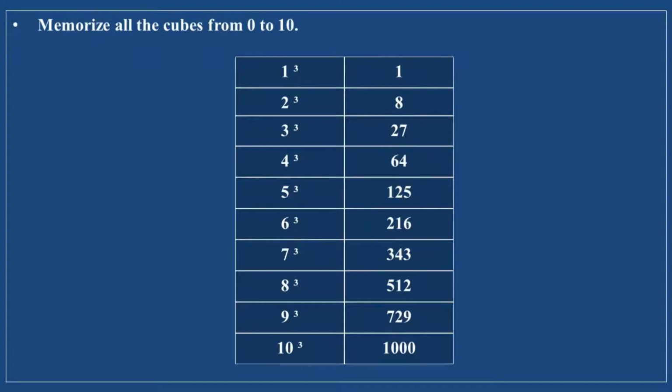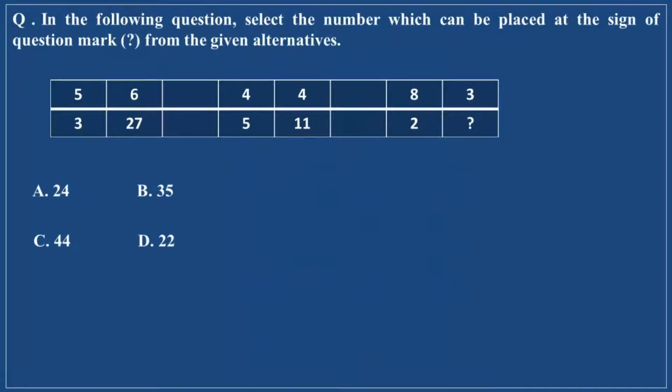Let's solve some problems. In the following question, select the number which can be placed at the sign of question mark from the given alternatives. There are 3 matrices given in the question. We need to find the missing number in the third matrix. Let's look at the logic in matrix 1. 5 is multiplied by 6, which is equal to 30, and 3 is subtracted from 30, which is equal to